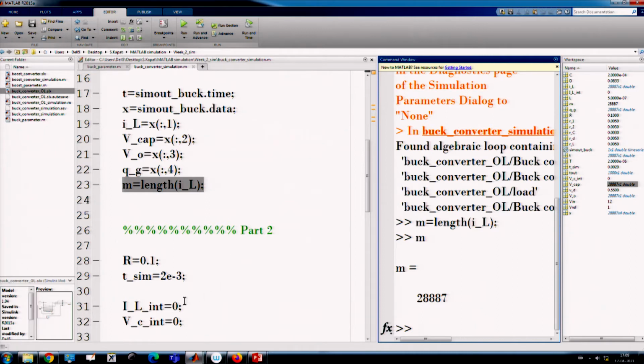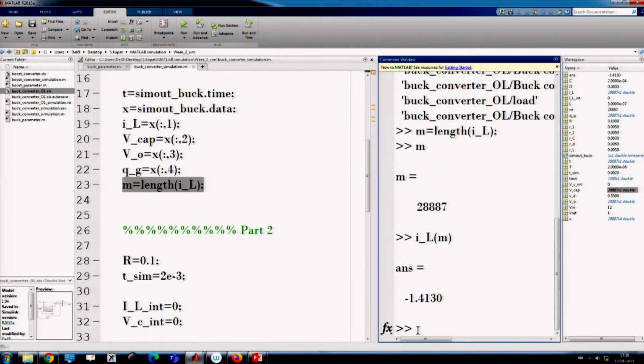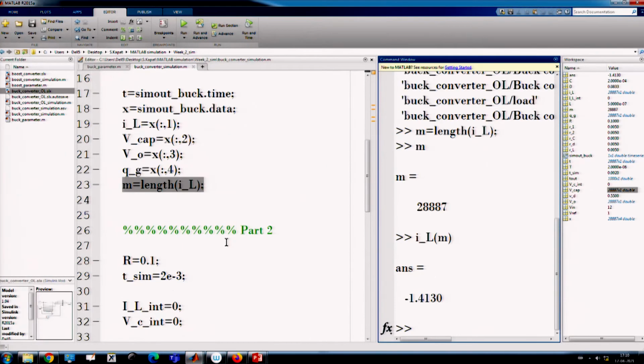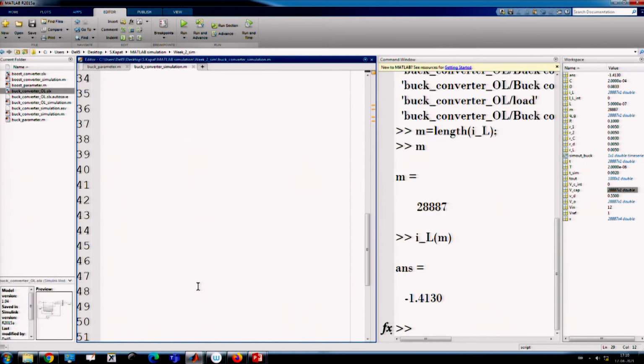What is the initial condition for the next simulation? It is the final condition of this one. So if I search for I underscore L at index M, what is this value? Minus 1.413. If you look at this waveform, where is my scope result?